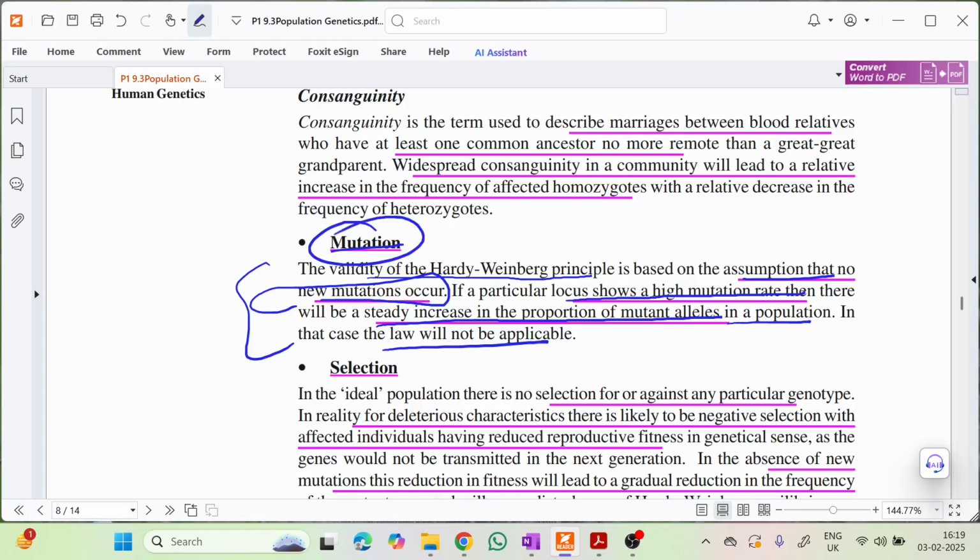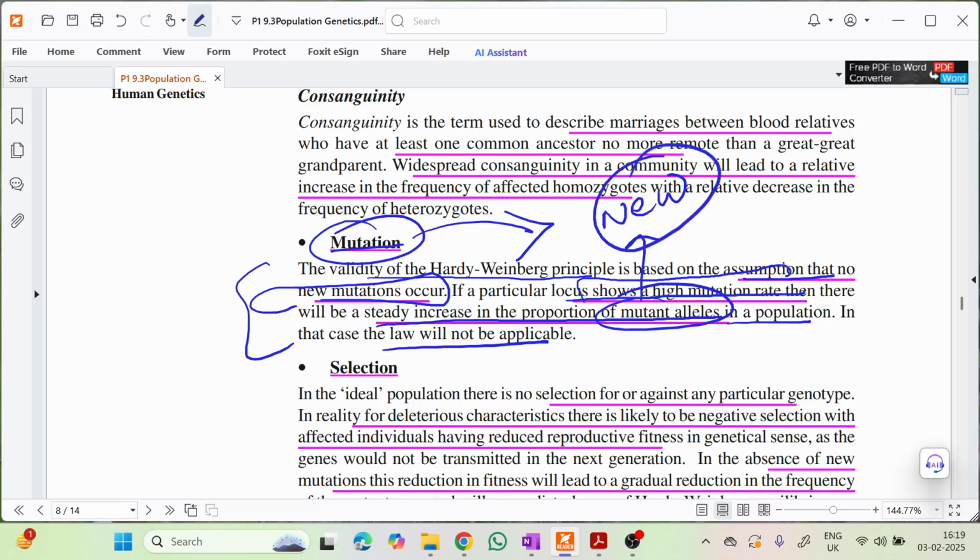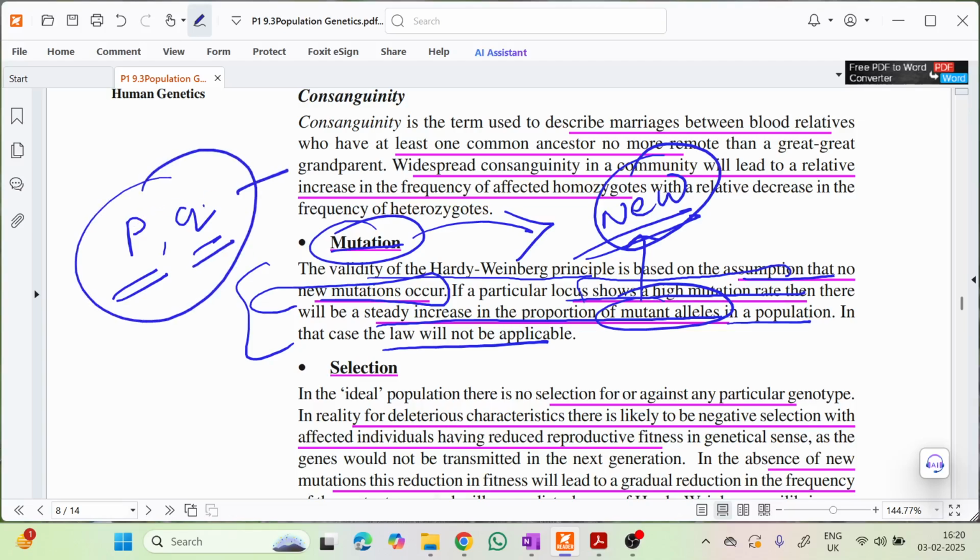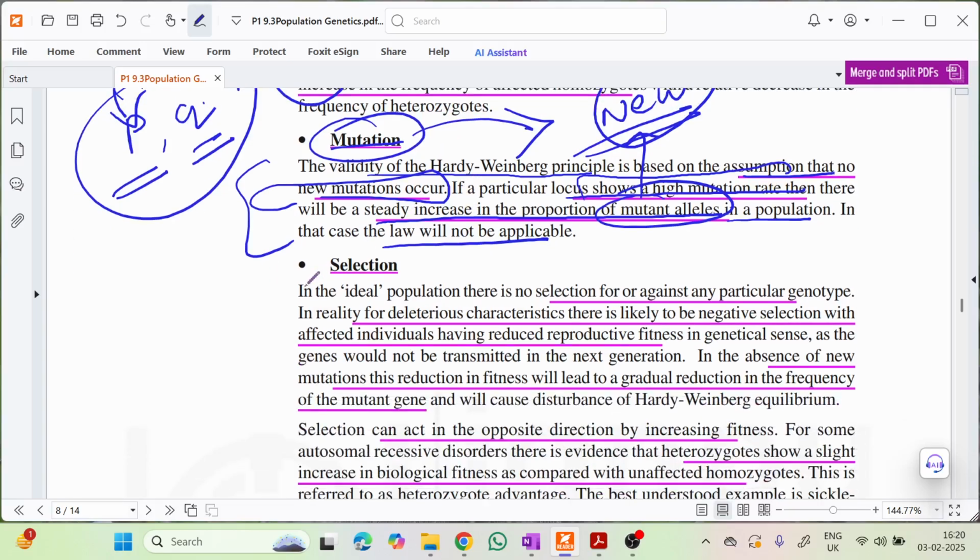और ये आपको समझाया कि म्यूटेशन जब भी होता है, it brings in diversity, and that diversity is brought from outside. So this mutation will increase the frequency of mutant allele, which is a new allele other than what is already present in the population. So ऐसे केस में जो when we consider two alleles P and Q, now there is another R. So इस कारण से the equilibrium will get disturbed, will not be achievable.